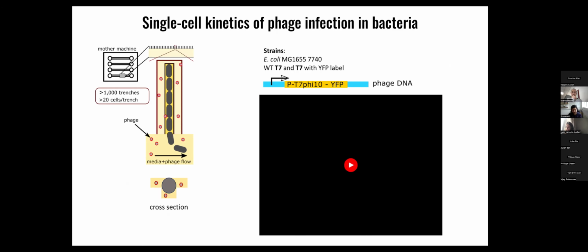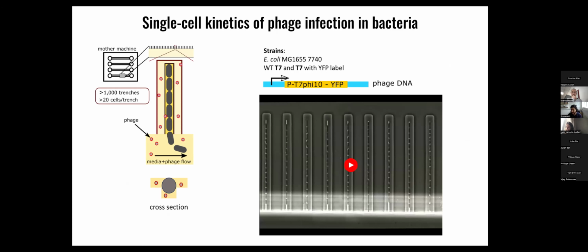So here I'm going to show you something that, I don't think, existed before our study: being able to follow individual infections in a time-lapse manner. This will be a movie where cells are growing in these trenches continuously, and you can keep your eye on a trench. Whenever a cell gets infected, it will first glow in yellow, and then it will pop, releasing viruses, which will go and infect all the other cells in the trench, eliminating them one at a time.